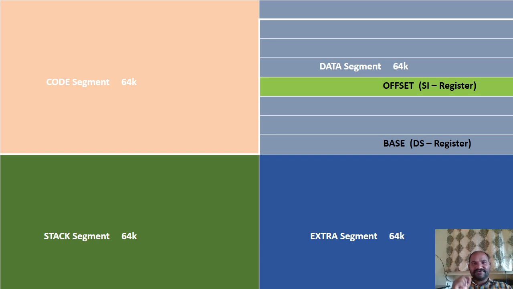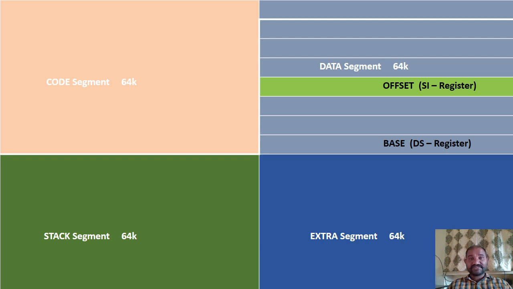Anytime the microprocessor generates the 20-bit physical address, the entire 1 MB is logically divided into segment format. In order to access a particular memory location in a particular segment, we require the base address as well as the offset address. The question is how exactly this base address and offset address are going to be formed as a 20-bit address. That 20-bit address we call a physical address, meaning physically available in the memory.